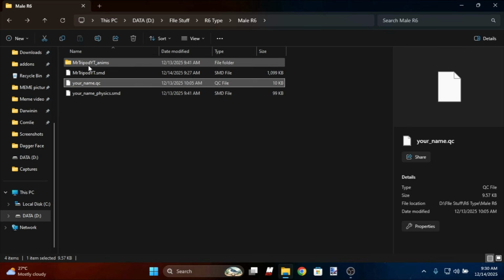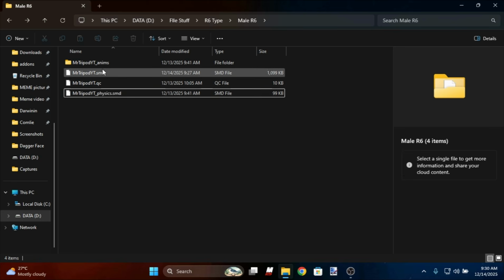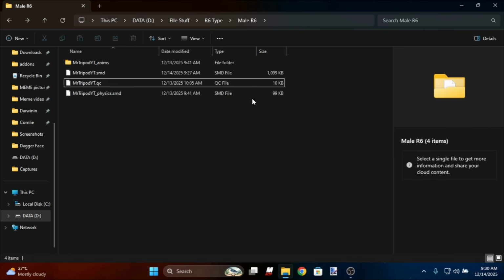Make sure it's the same thing. Make sure to do the same thing as the other names. Okay, so let me just do that. And for the physics one, you gotta put on your name too. Okay, paste your name, so the QC will remember. Now move on. Make sure you guys have